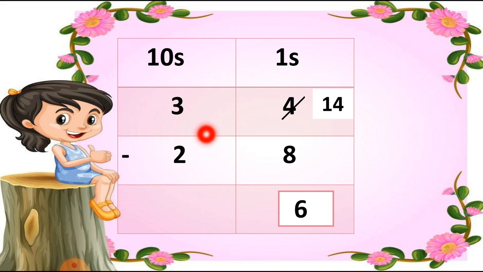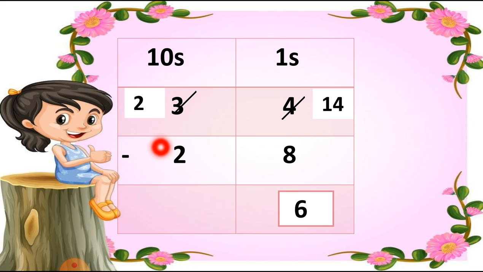Now let's move to the tens column. If we are taking 10 from the tens column, we also have to cut the number here. So let's cut the 3 because we took 10 from the 3. So we have to cut 1 from the 3 and write down the answer. 3 minus 1. Always you have to cut whenever you borrow 10 from the tens column. So you have to cut 1 from the digit and write it down. Here the number is 3. So 3 minus 1 is equal to 2.